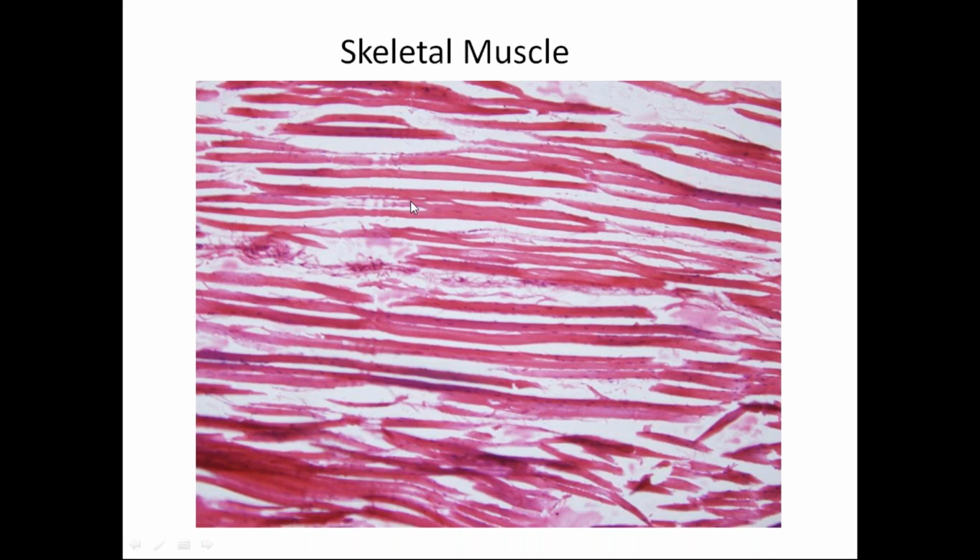Now look at these individual muscle fibers. In between you can see some loose connective tissue. This is the connective tissue in between the muscle fibers, and in the connective tissue you can also see some dark blue nuclei where my cursor goes, and these are the fibroblasts. So you have to understand that you have to differentiate the nuclei of the muscle from that of a fibrocyte, which is exactly adjacent to the